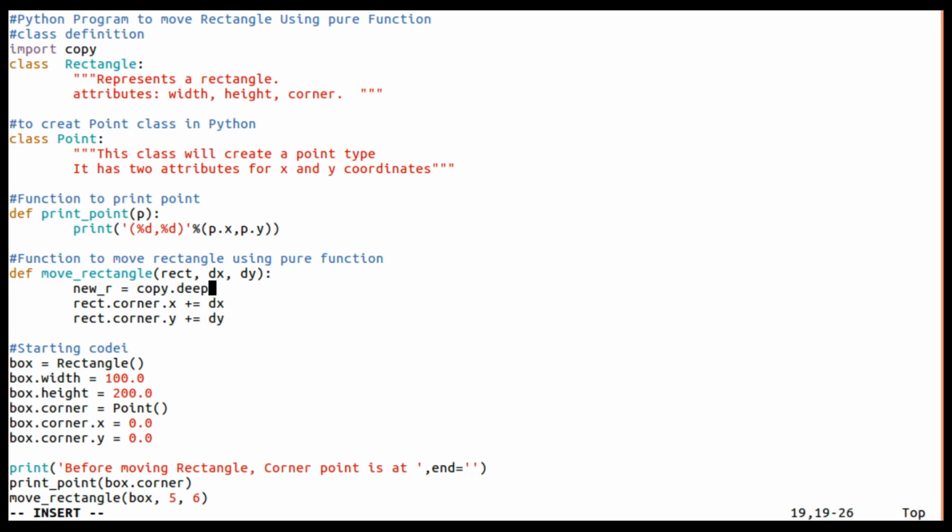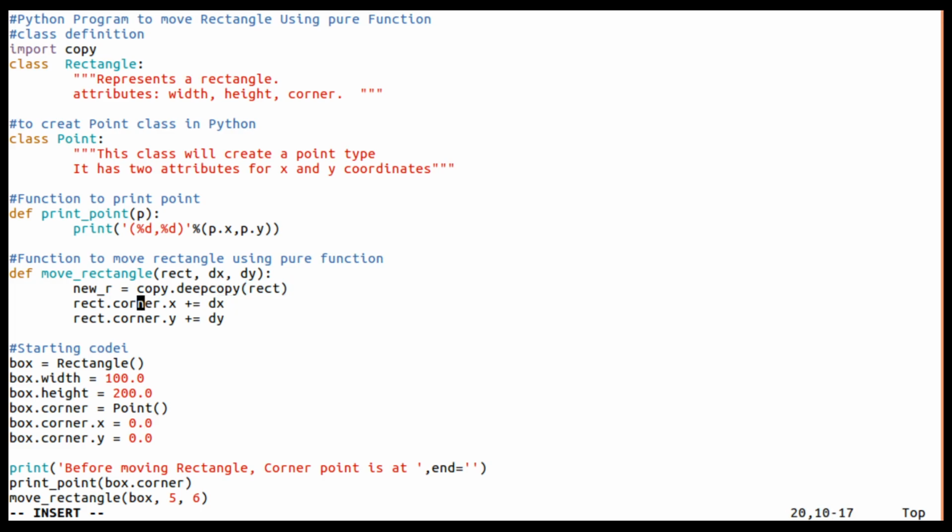We should use deep copy, because if I just use copy, it will be a shallow copy, which will not copy the corner points. So I am going to use the deep copy function with rect. It will now create a new rectangle whose name is new underscore r.